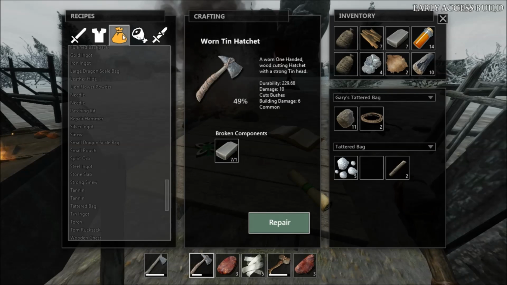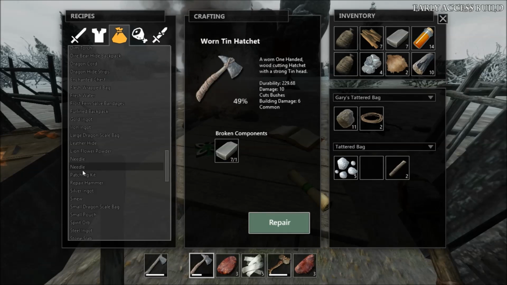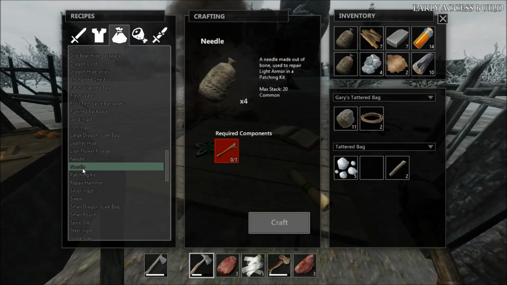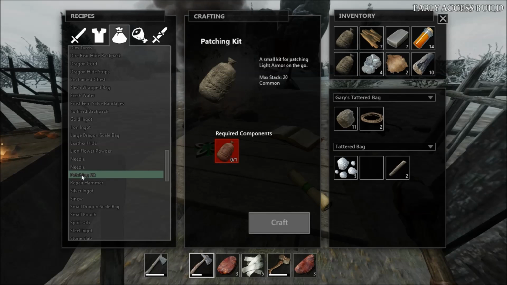To fix armor, we start getting into fun little things called needles to do light armor. And light armor is basically most things, I think it goes to the medium. Don't quote me on that. Armor. And then you can go to the